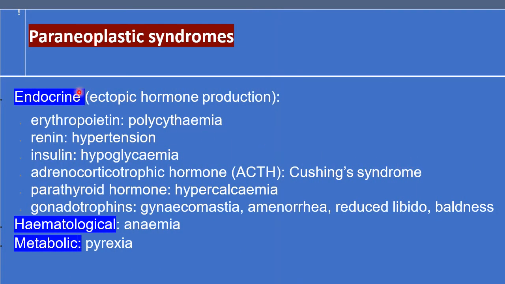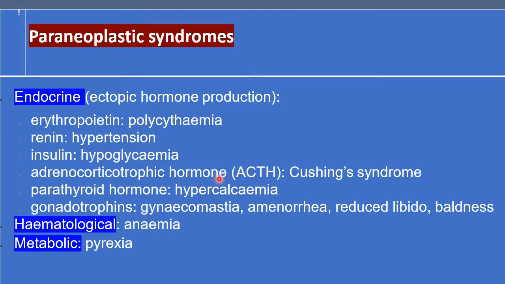Okay, what are paraneoplastic syndromes? Renal cell carcinoma is a classical example of a tumor that can produce ectopic hormone production. It is a very common source of ectopic hormone production. And these hormones include erythropoietin, which will cause polycythemia, renin, causing hypertension, insulin, causing hypoglycemia and diabetes mellitus,